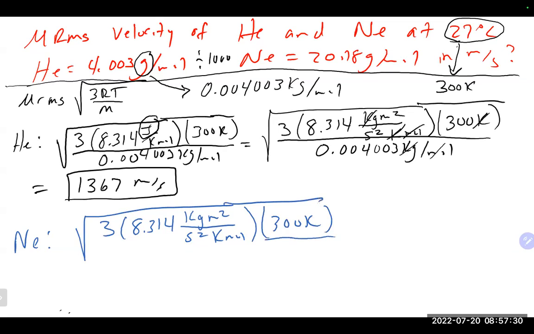And again here, taking the molar mass and converting it to kilograms, which would be divided by 1,000, as there's 1,000 grams in a kilogram, which is why we're dividing it by 1,000. Gives us 0.02018 kilograms per mole. Once again, kilograms canceling, Kelvin canceling, moles canceling, leaving us with meter squared per second squared, and we end up with